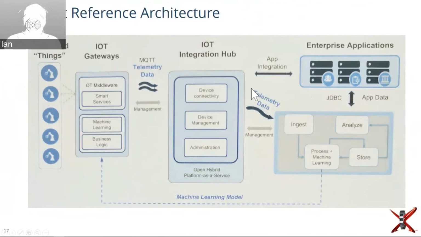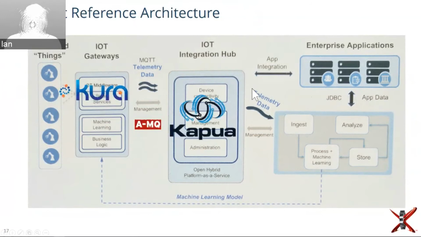So the products that we use in this reference architecture are a couple of open source projects called Kura and Kapua. And they're built on top of AMQ, which is a messaging system which delivers the MQTT messages between the devices and, in our case, the Acumina analysis engine. These complementary projects work together. So Kura is sending the events, and Kapua is receiving those events, but it is also giving you control of the IoT gateways during commissioning and in-life management, to make sure that, for example, your certificates are updated,